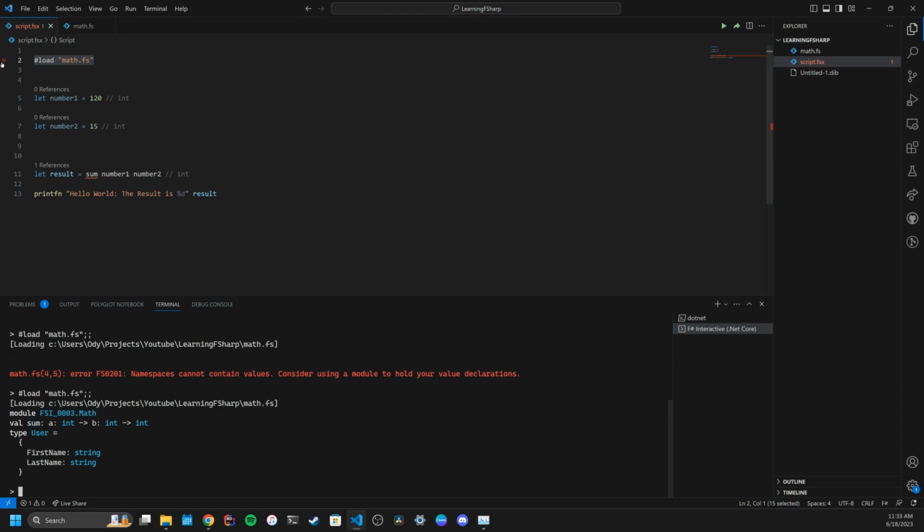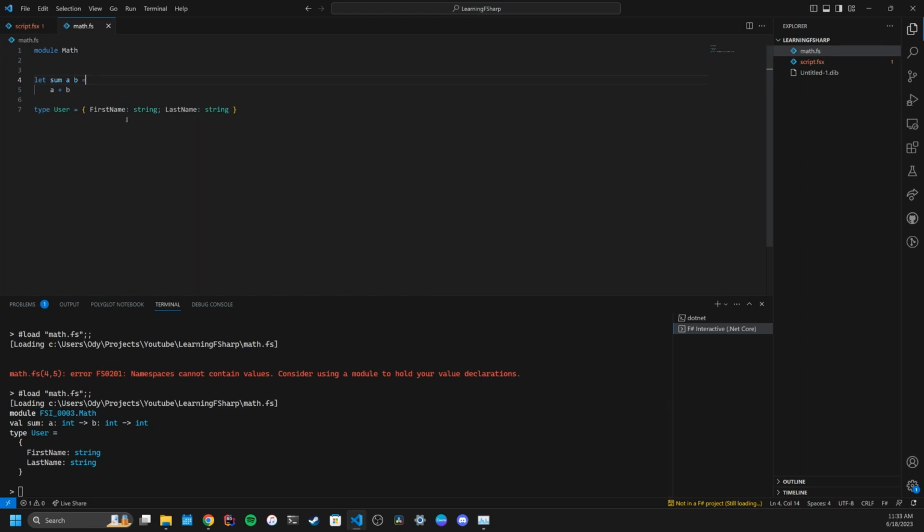Now you can mix namespaces with modules. So say for example, I wanted to have a namespace. I could say namespace, I don't know, let's say learning dot F sharp, so this would be something like maybe YouTube dot learning dot F sharp, right? Just giving an example here, right? Now, because this module is inside this namespace, I have to do